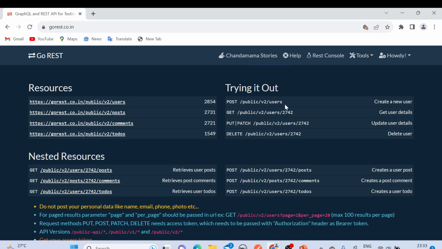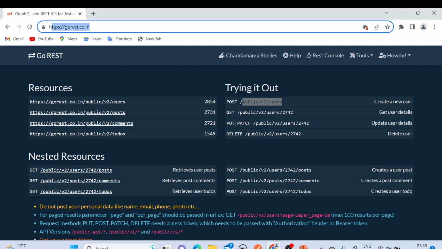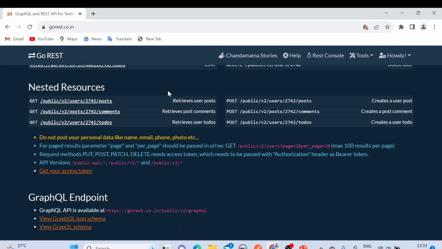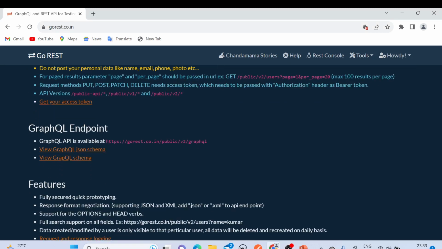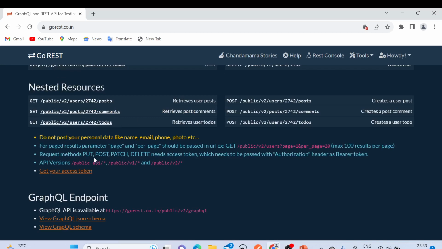These are the different endpoints we have: public/v2/users for post requests, and similarly for get, put, patch, and delete. We have to use these endpoints with the base URL, gorest.co.in. Here we also have the documentation, some steps on how to use this website, and some features. For some of the request methods, like put, post, patch, and delete, we need an access token, which needs to be passed in the authorization header as a bearer token,